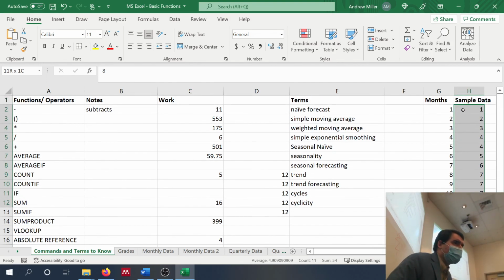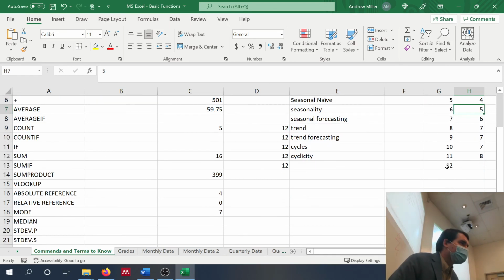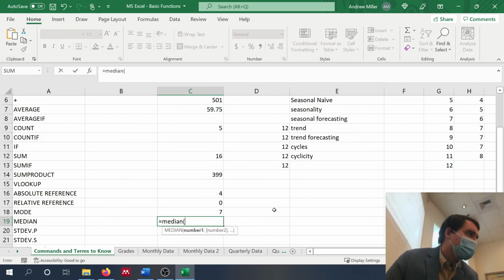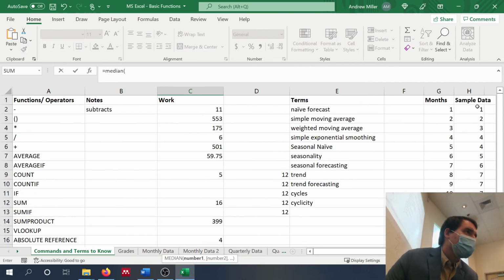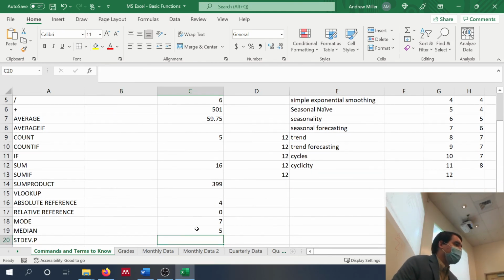So let's see here. We have 11 different numbers inside of this data set, and this particular range, I mean. So the median is going to be the one in the middle. Looks like it's going to be 5, right? Let's see. So we just use equals median. Okay, select the range. We've done that several times. And it is, in fact, 5.